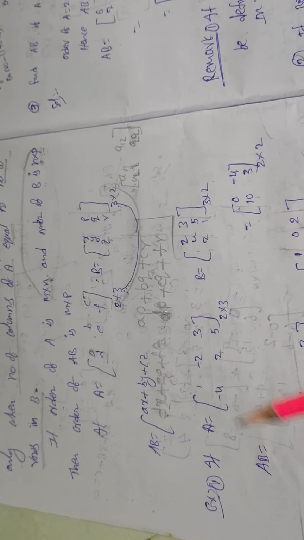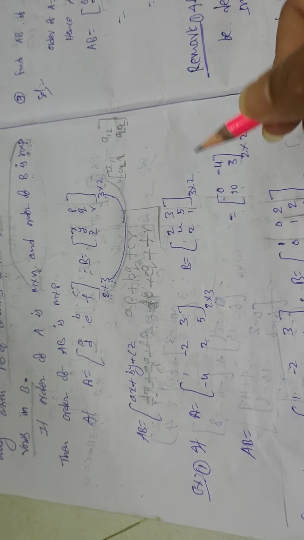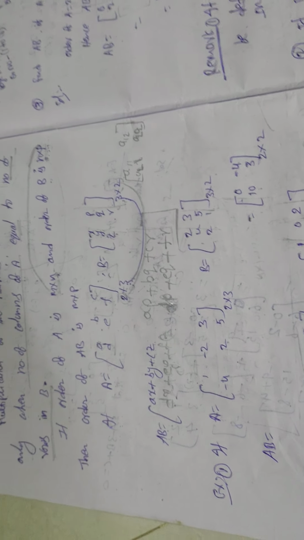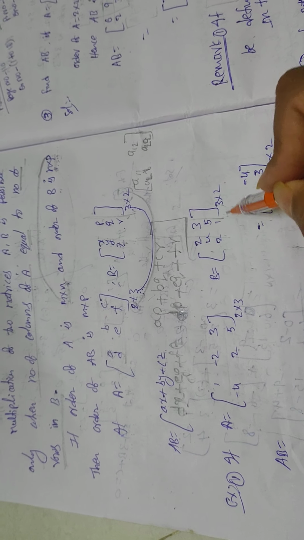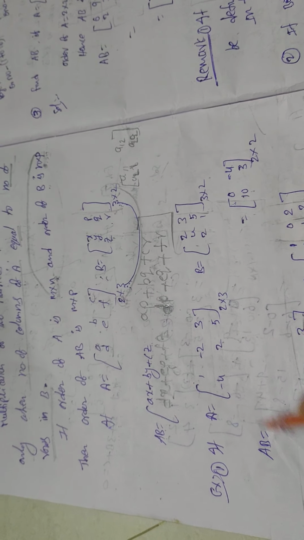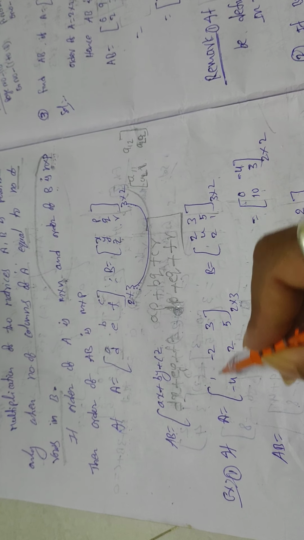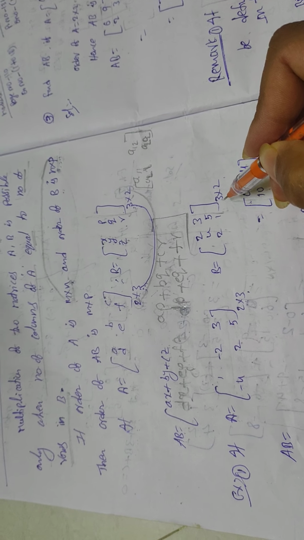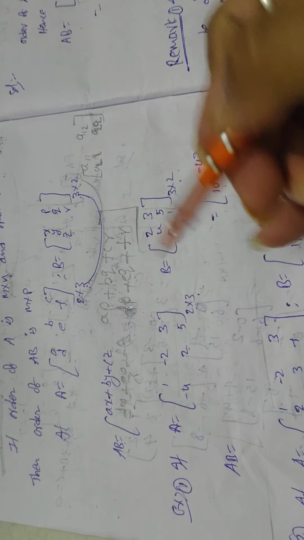If you go for elements, that means numbers. So here elements are numbers. So if you take numbers, how will it be? We have to simplify. Clear. So first question here: A is equal to [1, minus 2, 3; minus 4, 2, 5]. B is equal to [2, 3; 4, 5; 2, 1]. So if you want to find the product of AB, see here, what is the number of rows in the first matrix? 2. Number of columns is 3. So this is 2 by 3. What about the number of rows in the second matrix? That is 3. And number of columns is equal to 2. 3 by 2. See here, is multiplication possible or not?